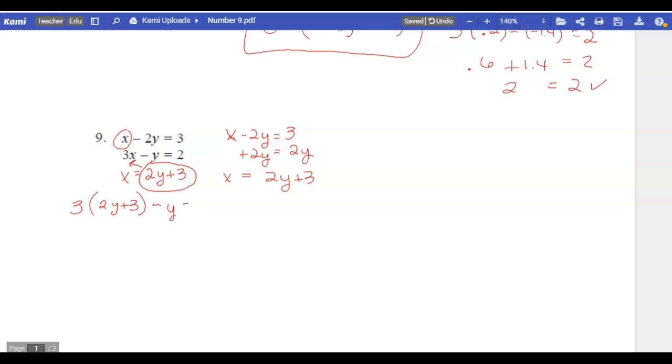Then I subtract y, and that equals 2. Now I'm down to one variable. So I substituted an x for an equivalent y. That was your checking question today. And now I'm going to distribute, and I'm going to get 6y plus 9. That's 3 times 2y is 6y, 3 times 3 is 9, minus y equals 2. So again, quick simplify step, 5y plus 9 equals 2, subtract 9,